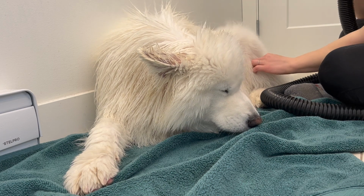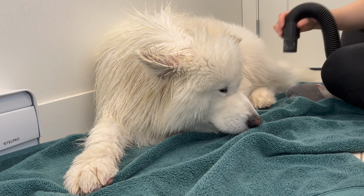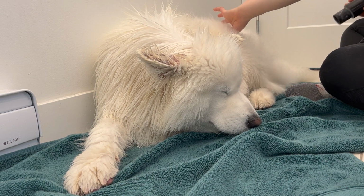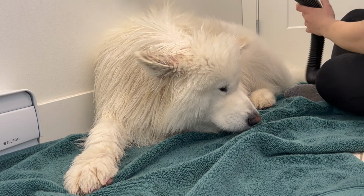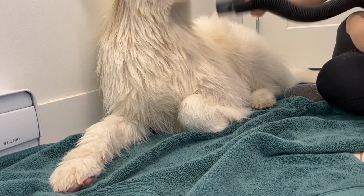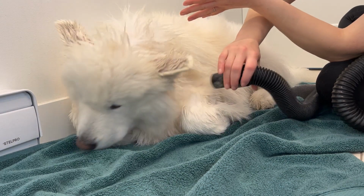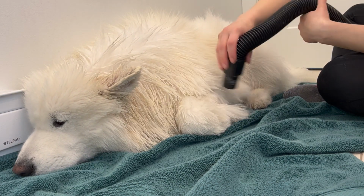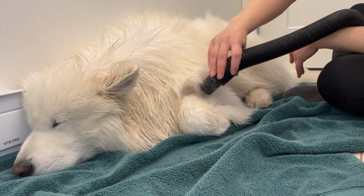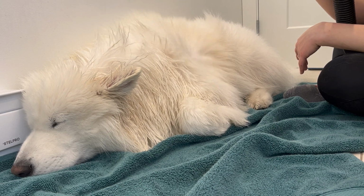So Theo just lies down for the blow dryer. He really enjoys the rest of his body being dried, anything but his face and ears. Generally at the beginning I start with the butt, which holds a lot of water, and work my way up. I go into his ears, I get a little sneaky blow dry in, and he says, "No, Mom, stick to the butt," and falls back asleep. So you kind of eventually get his ears and face dry,